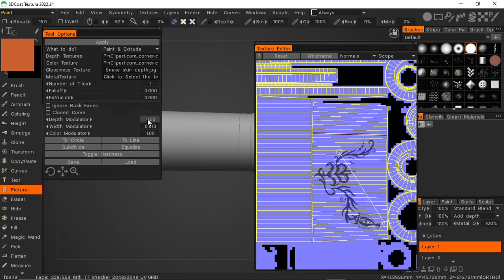So there's a setting called depth modulator. If you set it to 1, which technically is supposed to paint outwards, coming out of the model instead of going into the model, it actually does the invert of that. It actually paints it going inside. So I've set it to -1, so it paints it coming out of the model. You see what I mean? So when I press apply,